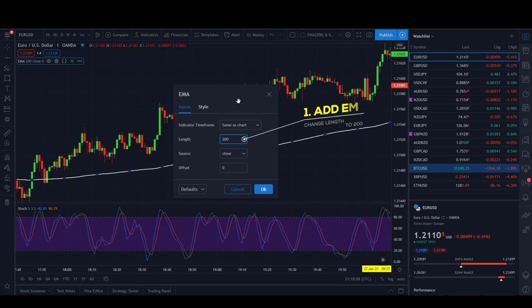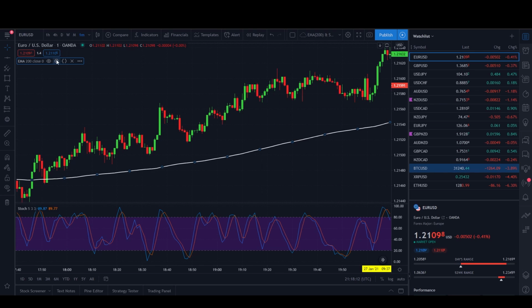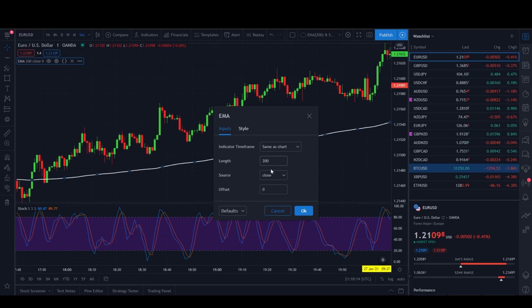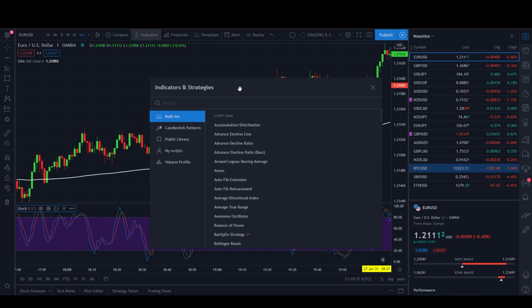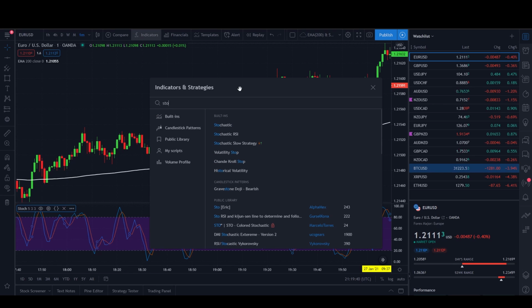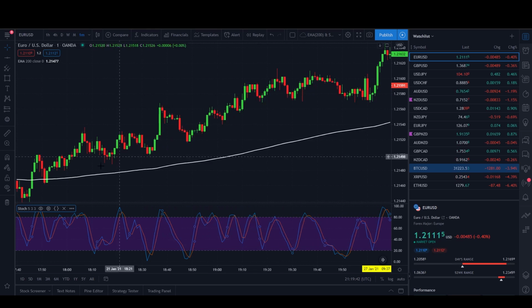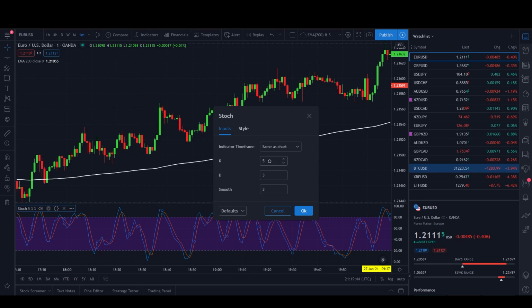Default settings for EMA comes in at 9, but all you have to do is press on this button and change it to 200. Once you're done with your exponential moving average indicator, you also have to add a stochastic. All you have to do is go on indicators and type in STO. It will be the first one, and default settings come in at 14, 3, but you have to change to number 5